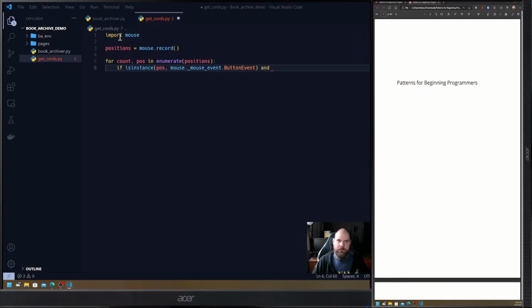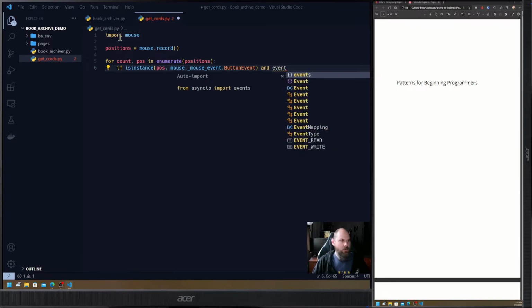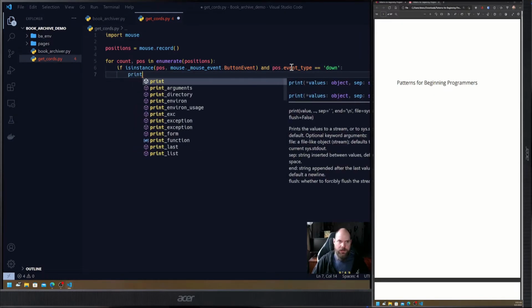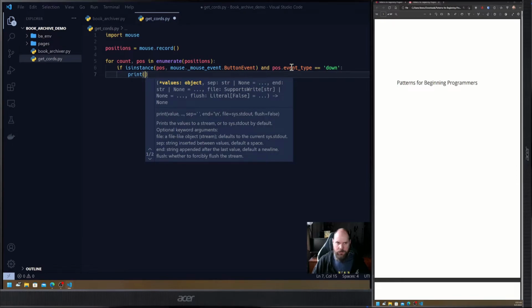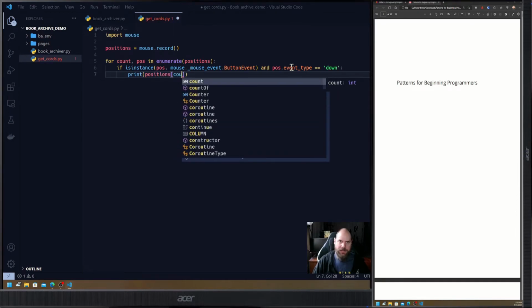And pos.event_type equals down. Then we will print positions at the index of count